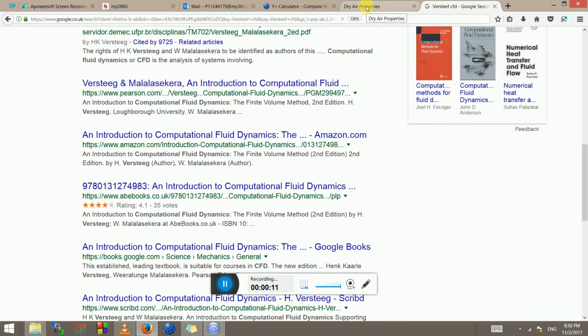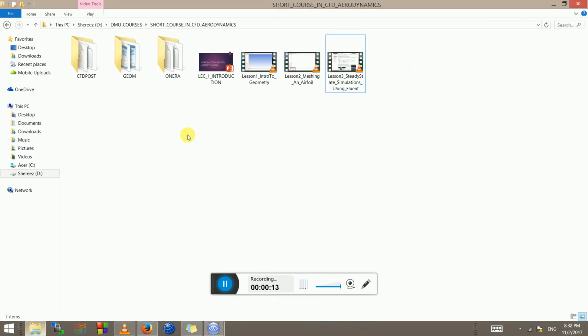Oh, hi guys. Just a quick recap of what we have done. I've given you a brief presentation as lecture one about CFD, and we have lesson one, ICEM CFD geometry, and lesson two, meshing an airfoil. And I just did a lesson three on what we did today: steady state simulations using Fluent, and we used a cylinder domain in a steady state iterative solution